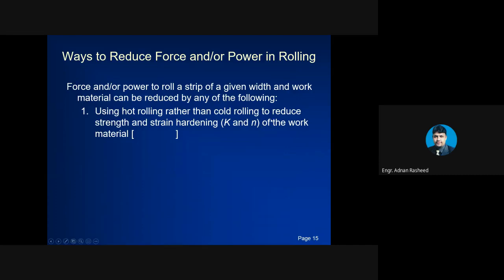As we have seen, in the hot rolling process, the strength and strain hardening are reduced. So in this way, the material can easily flow or plastically deform. So by using hot rolling, you can decrease the forces or power in rolling.